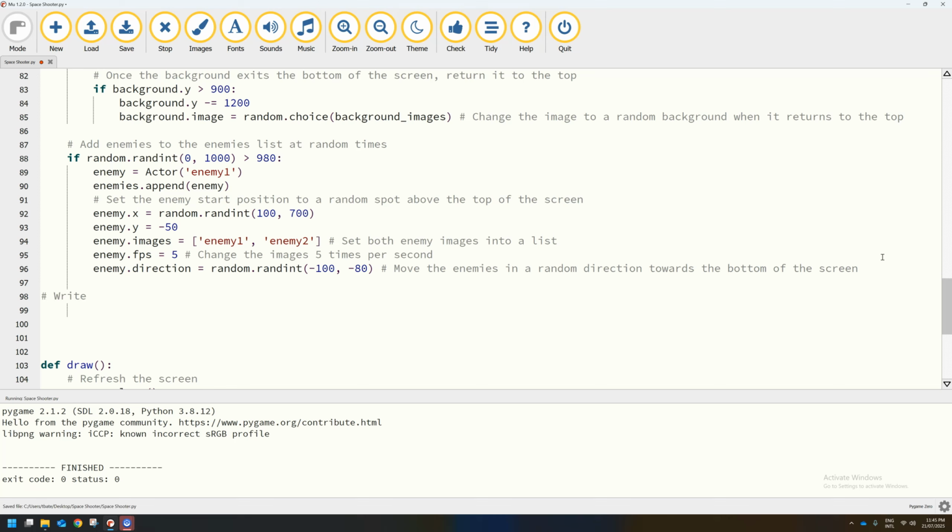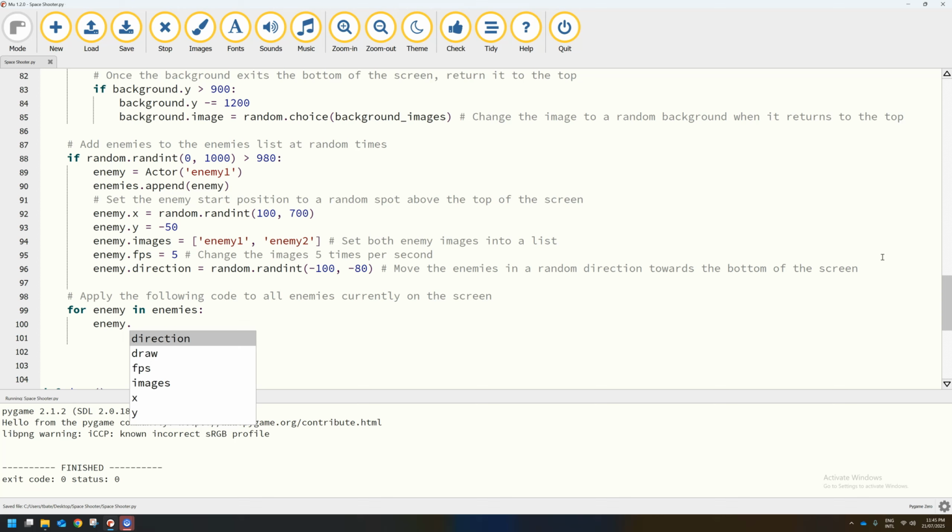So I might put in a comment that just says, apply the following code to all enemies currently on the screen. Okay, so we're going to write for enemy in enemies. So we're looking through that enemies list, and we're going to apply this code to every enemy that is on the screen at this current point in time. So we'll write enemy.move